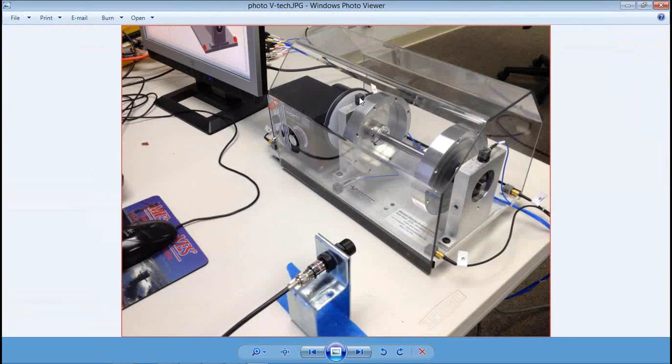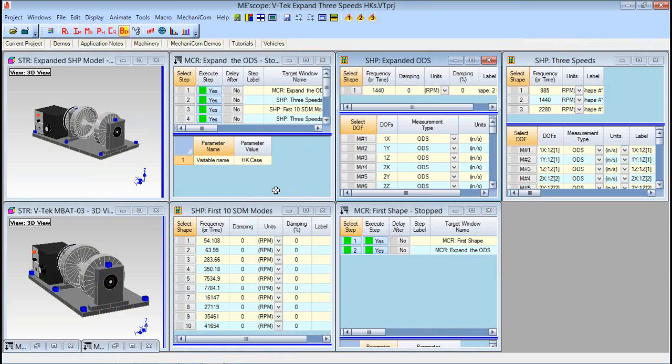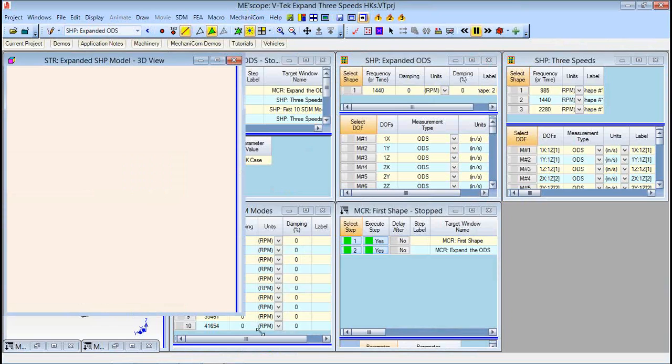And then we've got triaxial accelerometers. There are 8 of them on here, 1 on each bearing block, and then 3 down this side of the base plate and 3 down the back side of the base plate. And then we have a variable speed controller here so that we can control the speed of the motor and change speeds. So what we did here was we took actually 3 sets of data,